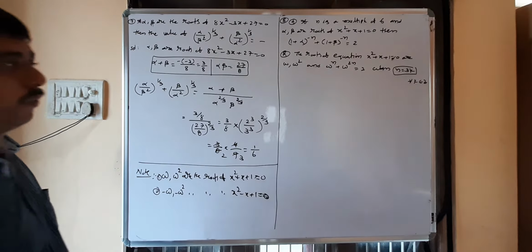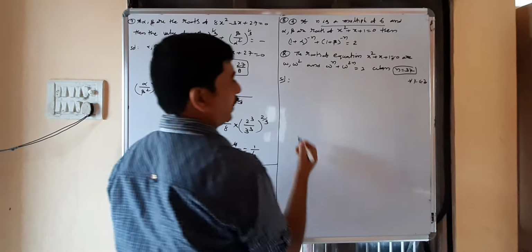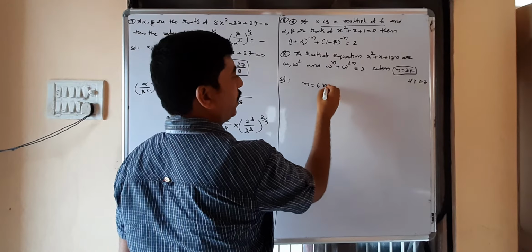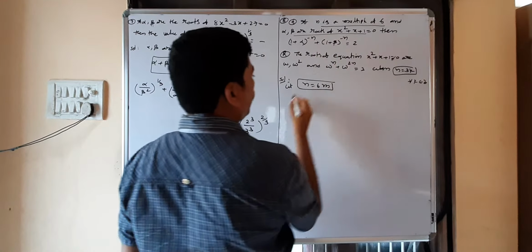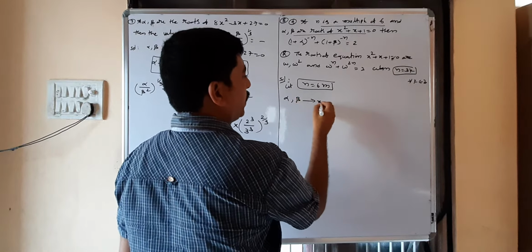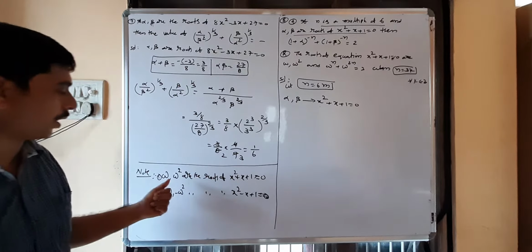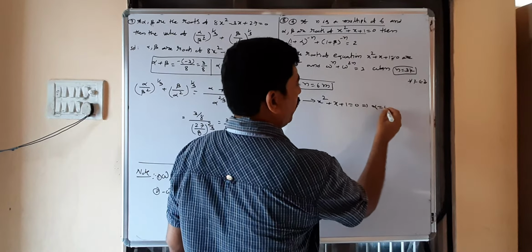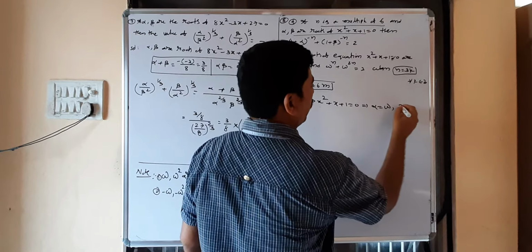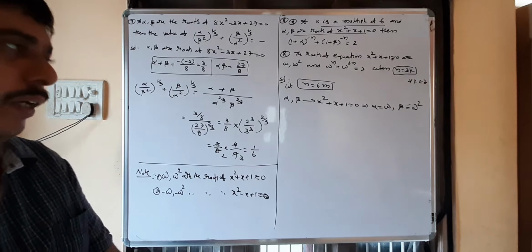Next question, 8th one. N is a multiple of 6, which means n equal to 6m. I will take it. Next, alpha beta are the roots of x square plus x plus 1. Actually, the roots of x square plus x plus 1 are omega comma omega square. So one root you can take as alpha, that is omega, and beta I will take as omega square. Your choice. Alternatively, alpha you can take omega square, beta you can take omega.